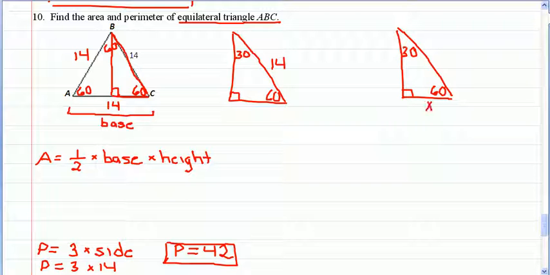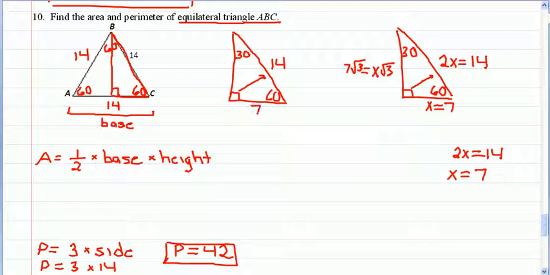Side across from 30 is x, side across from 60 is x root 3, and the hypotenuse is 2x. So I match up the 14 with 2x, and since 2x is equal to 14, then I know that x is equal to 7. So we have the bottom side is 7, this side is 7 root 3,